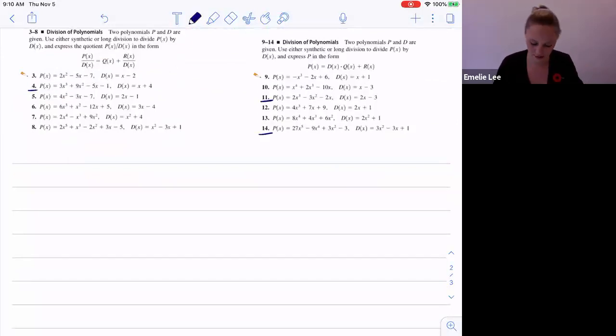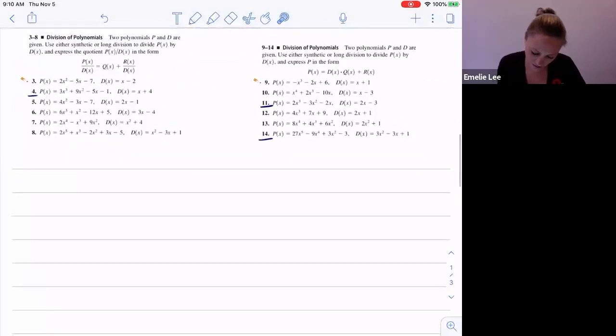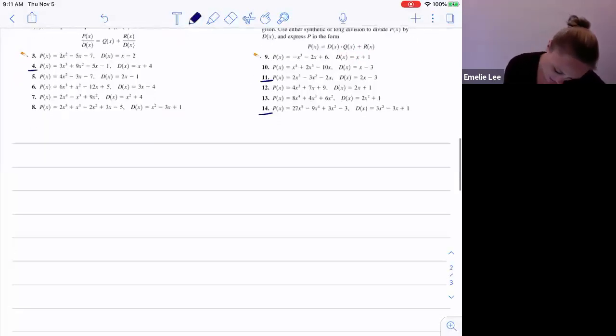So these are the same, it's just we're practicing putting them in different forms. Once you have q of x and r of x, it doesn't really matter which form you put it into. Sometimes it'll specify; on the test, I'll tell you which form I want it in. Or I might just ask, what's the quotient, what's the remainder? So our goal is to find q of x and r of x. So here we go. For 11,